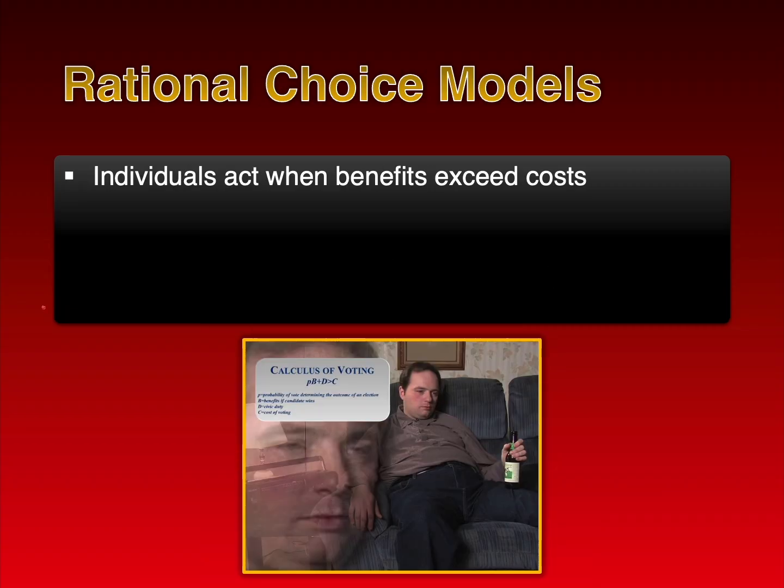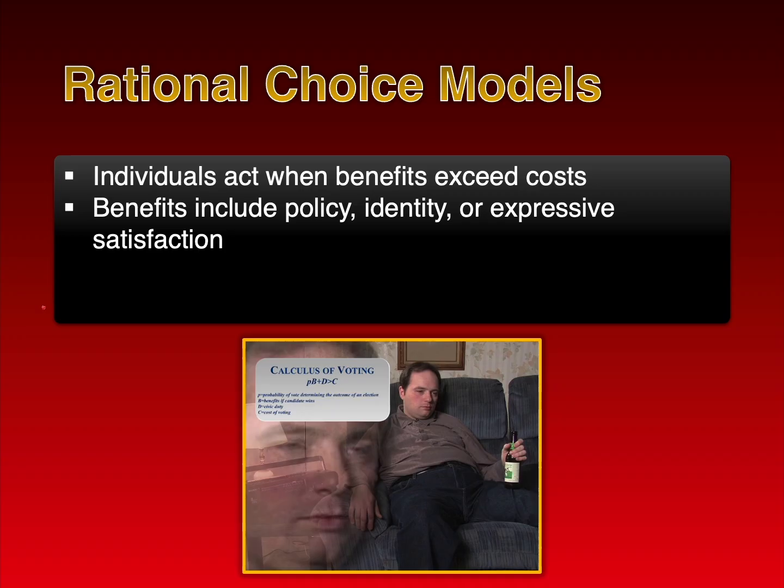So, let's start with some basic rational choice models. Individuals act when benefits exceed costs. Voting under a rational choice model is a utility maximizing action. Benefits that a voter might receive from participating in an election could be a policy goal that a candidate aligns